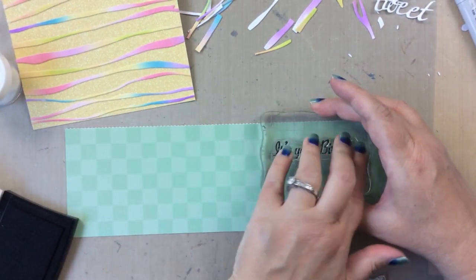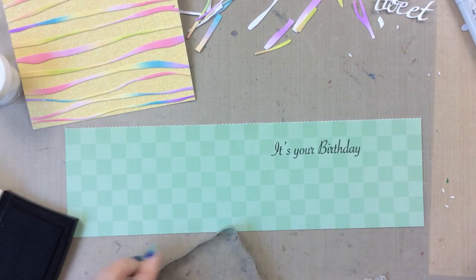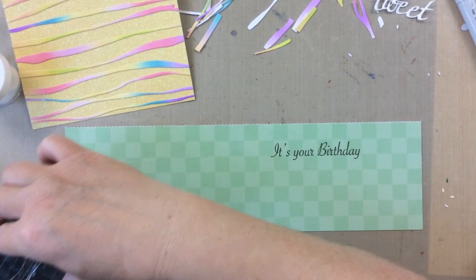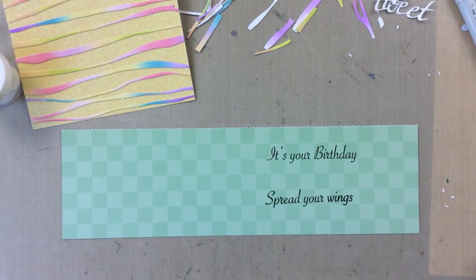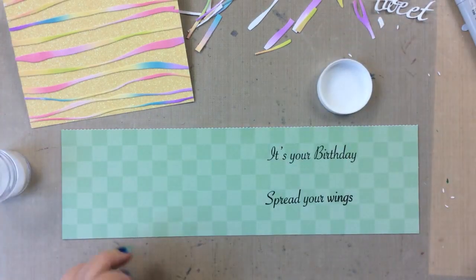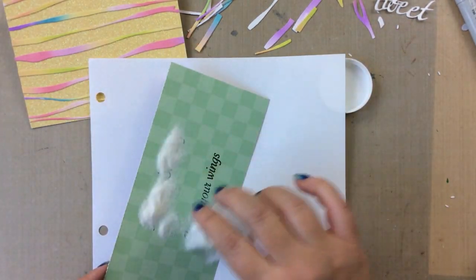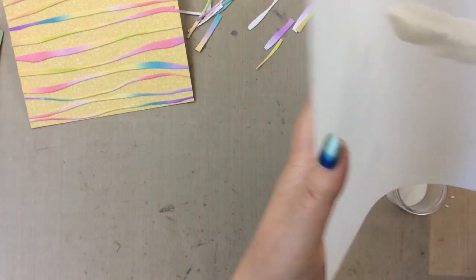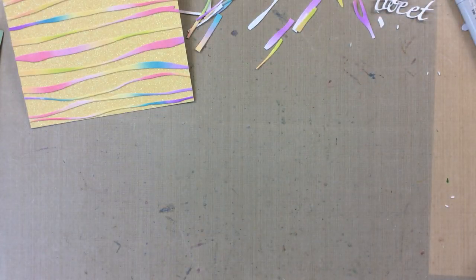Now I'm taking a couple of those sentiments from the Spring Bird stamp set, and I'm going to stamp them on this patterned paper here. It says, "It's your birthday, spread your wings." Then I'm just going to heat emboss that with some clear embossing powder to give it a little shine and also to prevent me from smearing that ink. Always a good idea. So I'll just heat set that with my heat tool here,